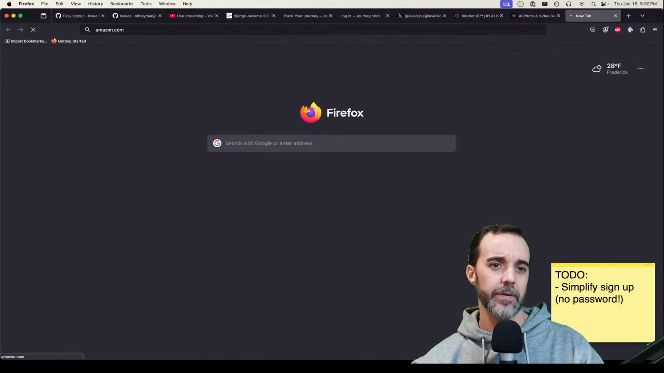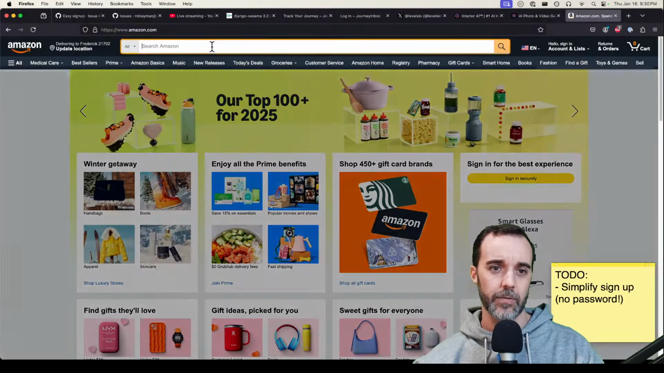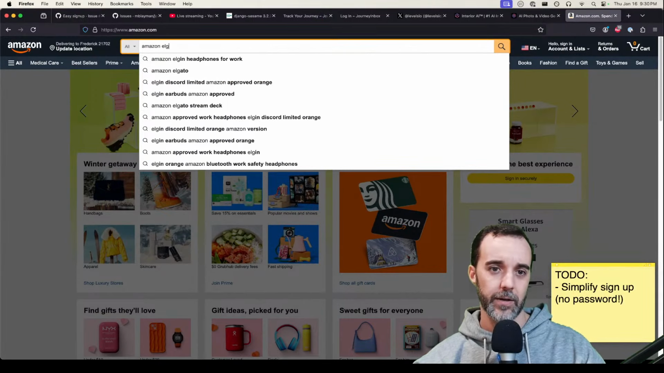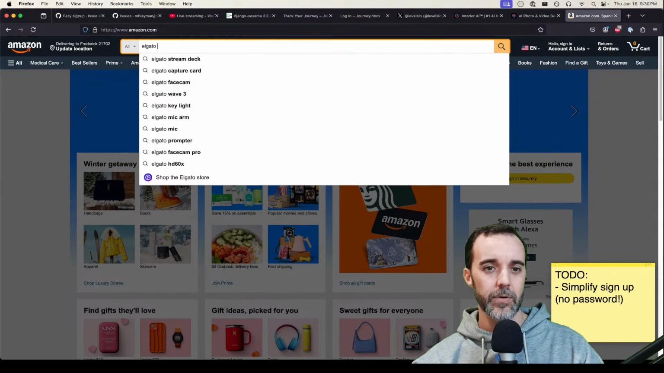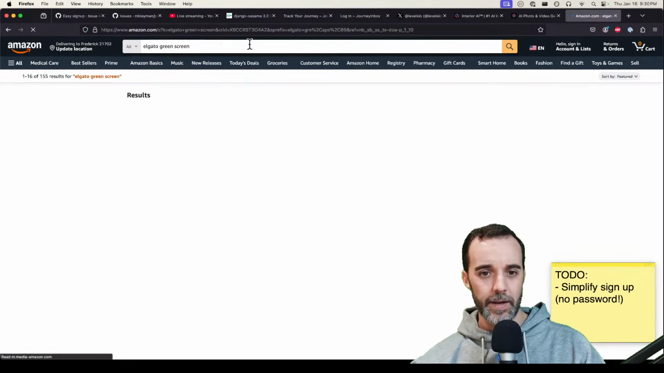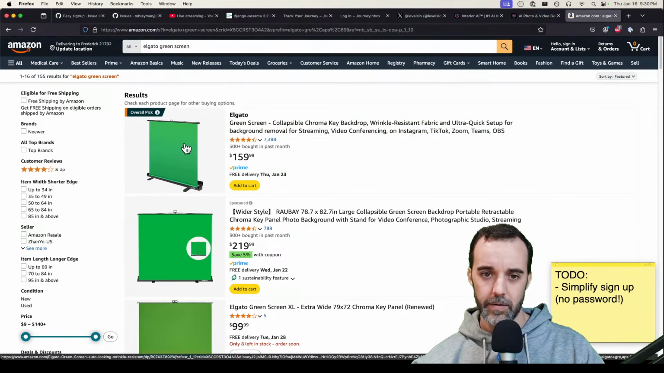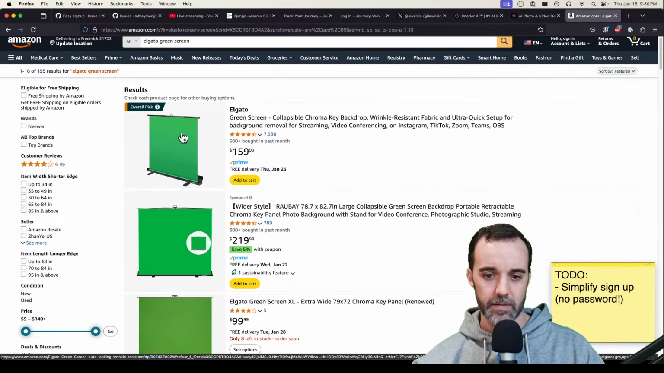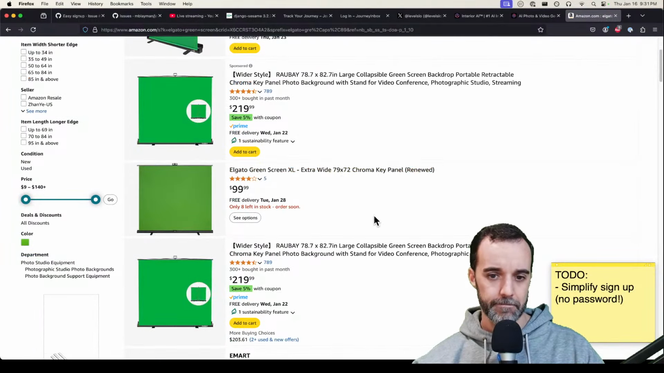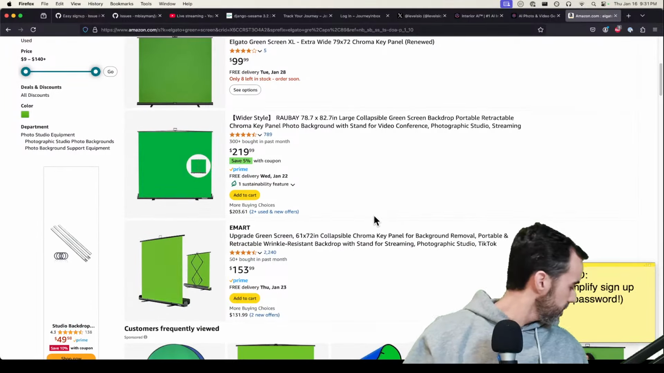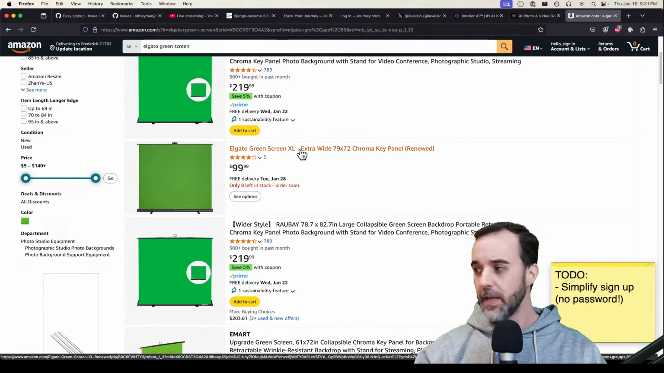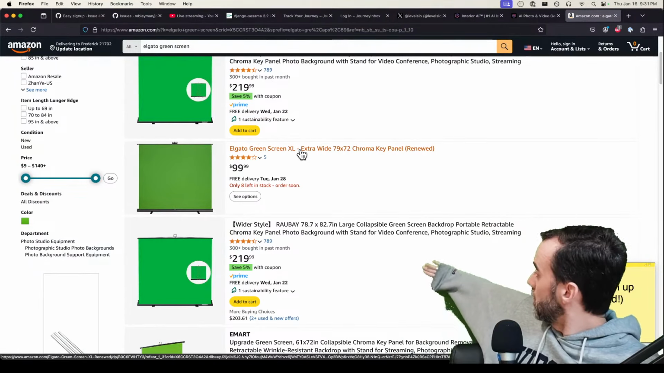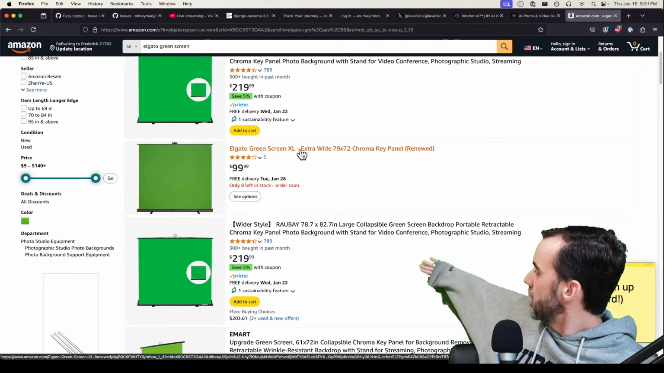The green screen I have is an Elgato, but the biggest one. Why am I typing Amazon? Sorry, Elgato green screen. There's a gigantic one, and that's the one I got. I think it's the XL. I don't know. Whatever the biggest size was, I read through these and I want to say it's this one, and just so you're aware,